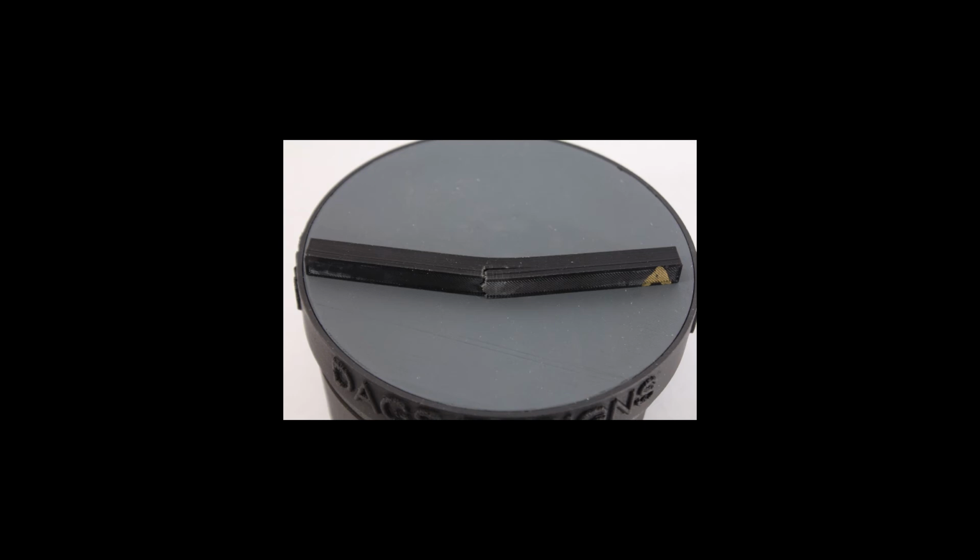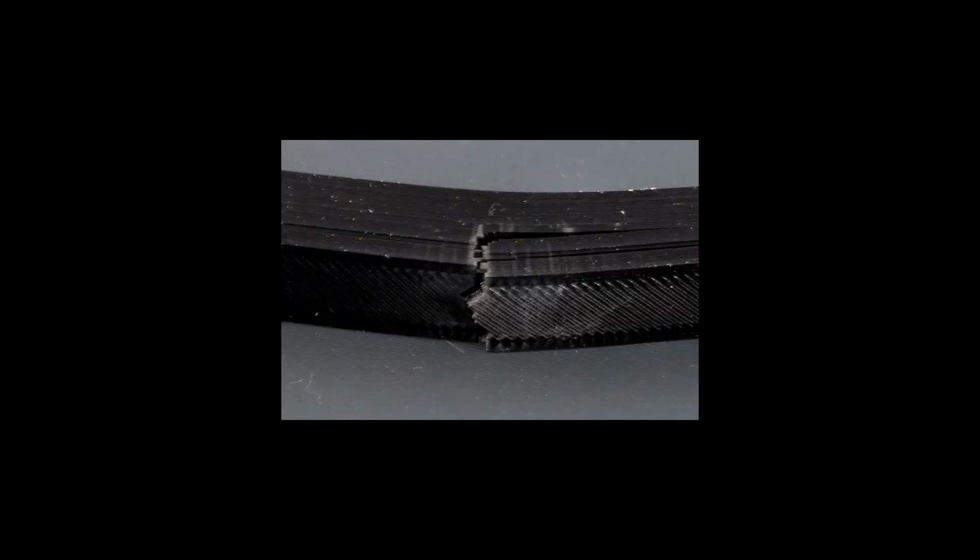The ABS, a lot of people say, is one of the hardest ones to print, but for me it's been the easiest. It's stuck to my heated bed well. It's just been a blast to extrude ABS. Here you can see that in tension, the very bottom layers failed, and then it broke all the way up to the point that it bent, and by then it was basically useless,